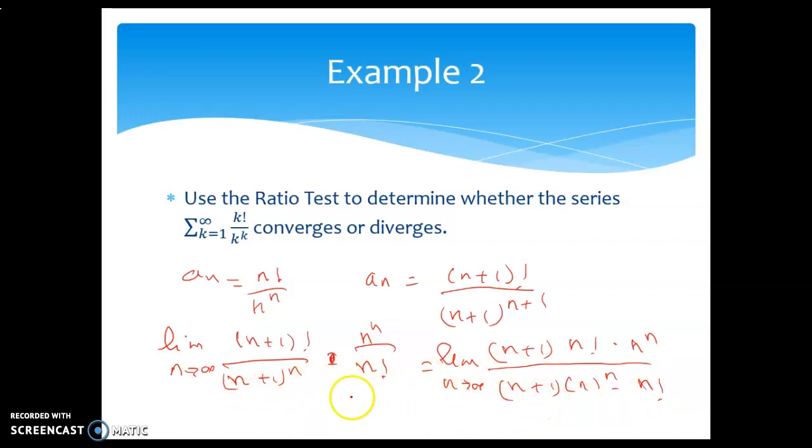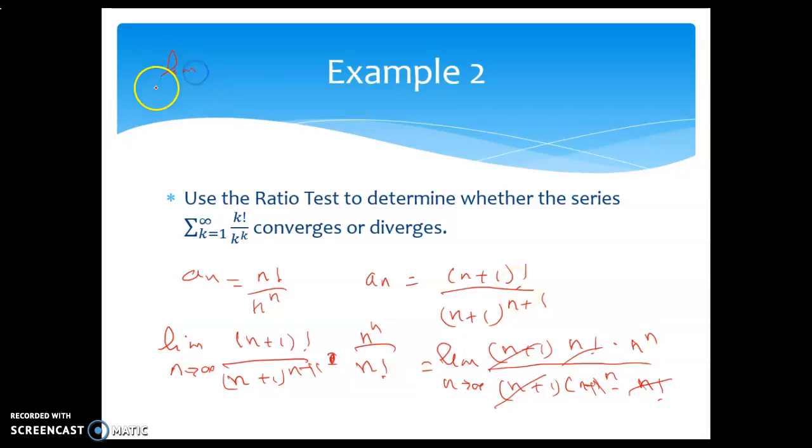So this n plus 1 here is going to be n plus 1 raised to the power of n. So n plus 1 and n plus 1 cancel out, n factorial and n factorial cancel out, and then here we have at the end